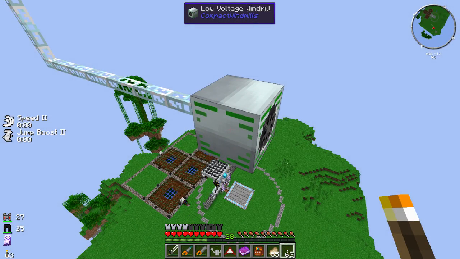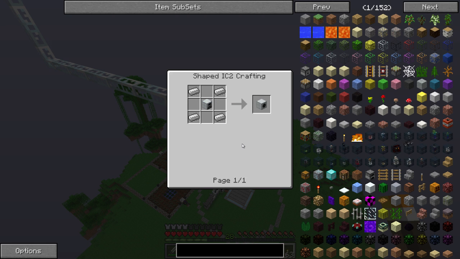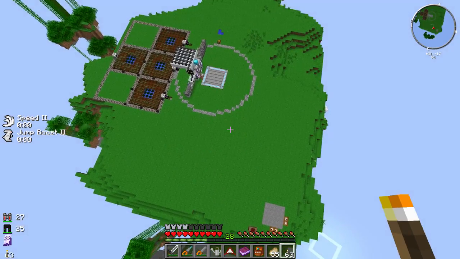I think I can just hit 3. Is that right? Yeah. You can just look at any block and hit 3 and it'll show you the recipe, which is pretty neat. So this is from Compact Windmills. Pretty simple to make, I guess, if you can call anything simple. But anyway, how these guys work, you got to put them...